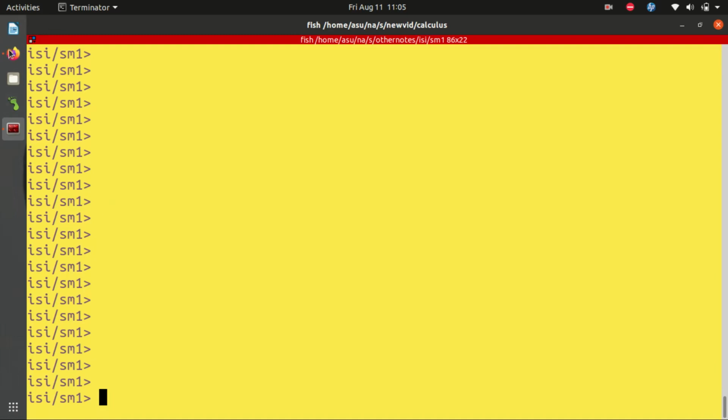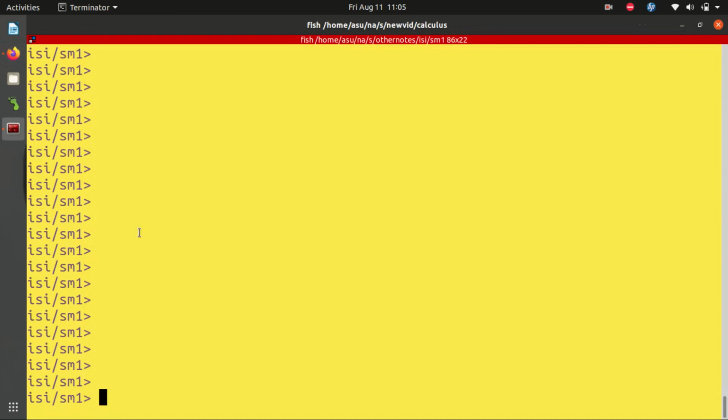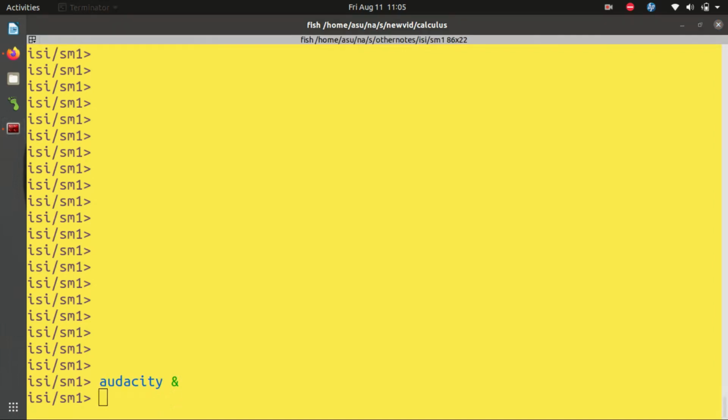For that, we shall use the software called Audacity, which is free and available for all the standard platforms, Windows, Mac and Linux. You can just install it for your machine. It's a very useful software and I strongly suggest that you install it. Now I have it installed, so I will just fire that up and then I will show how to use it. Now I am in Linux, so I am just typing the name Audacity in the command prompt, hitting enter